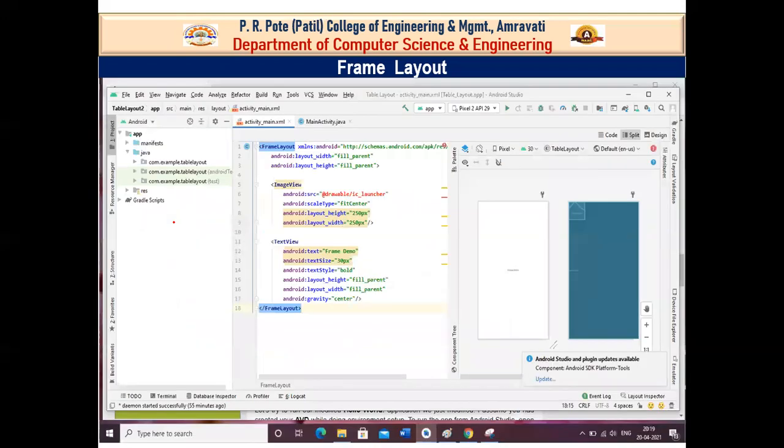Now, how to design a frame layout? Frame layout is one of the simplest and easiest layouts to design. When we have only a single child, or when the requirement is that we have to use a single view, that time we will go for the frame layout. As I told you, in frame layout we generally use splash images or a splash screen, which has only a company logo or company name. Similarly, in this example we are going to use an image view. It means we have to insert some images into our application.